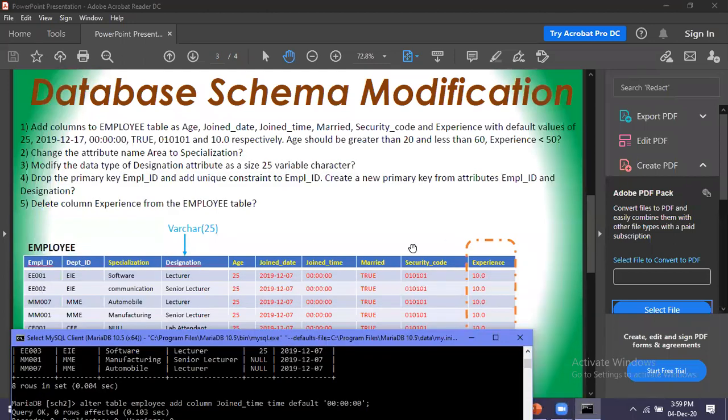Then what we have to add is this column. If you observe, this security code column is a binary number of 6 binary digits.